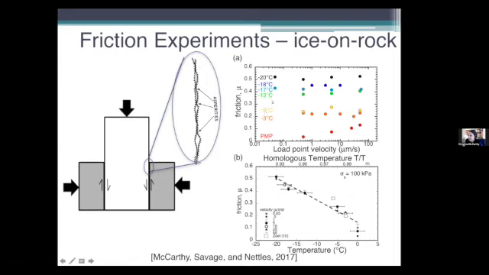What we did, though, find is some interesting temperature dependence, where, here are the different temperatures we explored with the simple ice on rock friction system. And if you plot those, friction versus temperature, this is just steady state value, you get a roughly linear dependence in this range. And I'm told that this is useful for those folks who are trying to model, for instance, this complicated